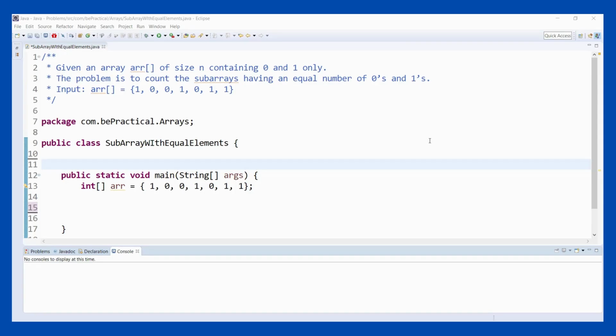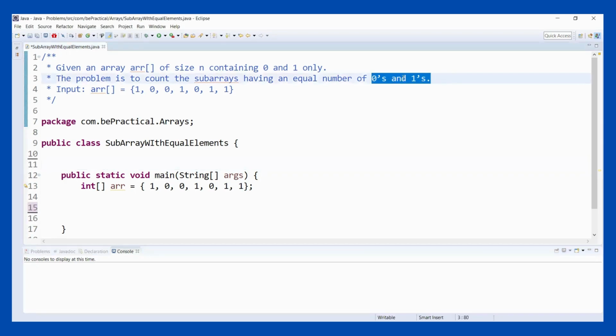Today we have come up with another array-based question. The question is: we have to find the sub-arrays and return the count of those having an equal number of 0 and 1's. Here the input is given. If we manually try to find the possible sub-arrays having an equal number of 0 and 1,